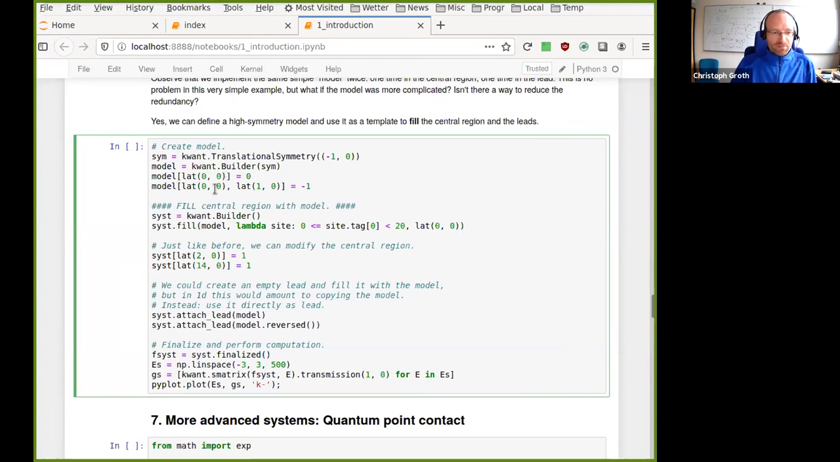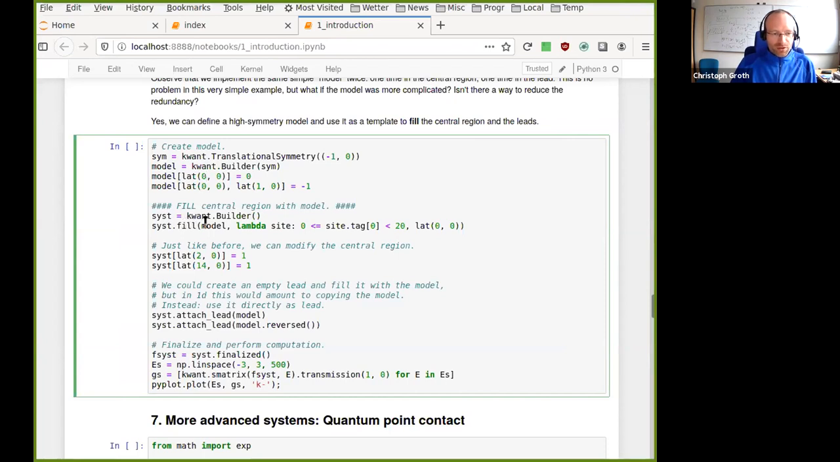So here the first chunk is the same as before. We create a builder with a given translational symmetry, and we set the hoppings. And now is the new thing. We create a new builder without translational symmetry. And now we call the fill method of this builder. And the fill method